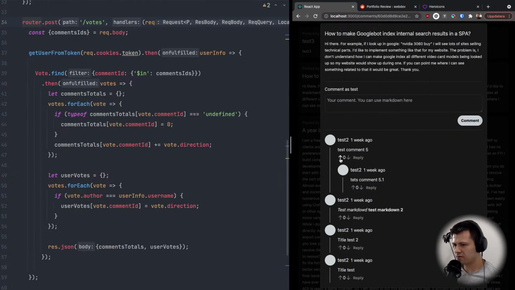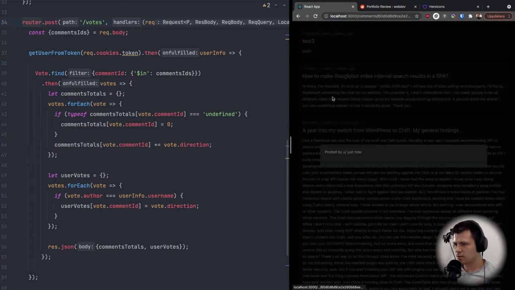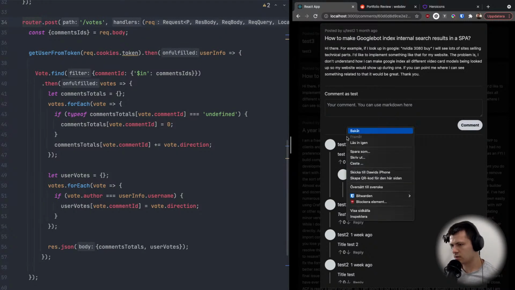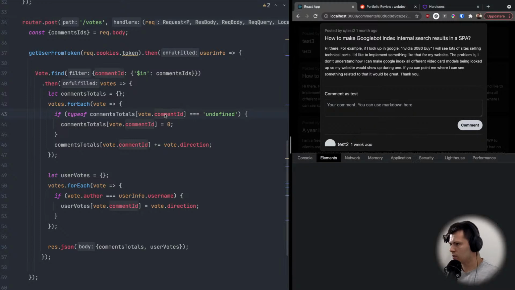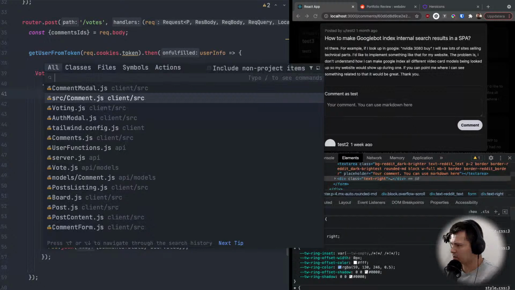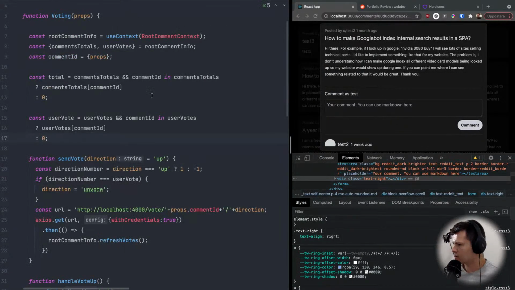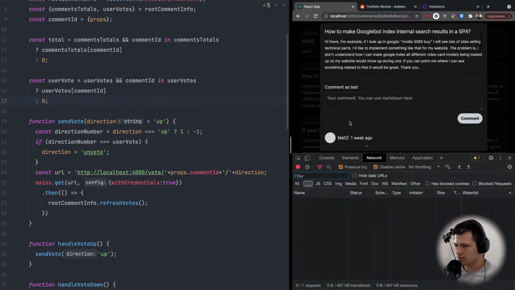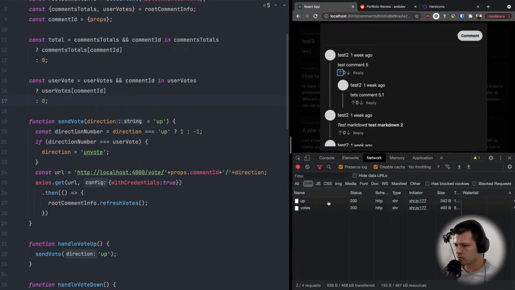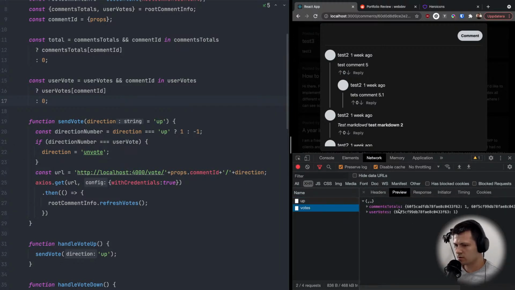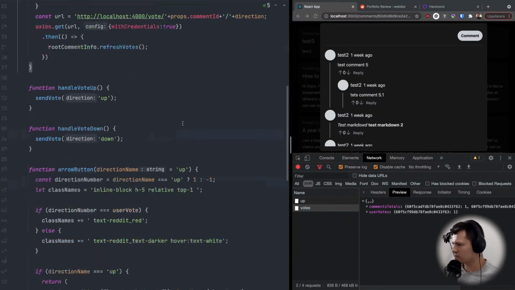I think I have voted on this one, but I will vote with this user, and it doesn't work. Is it because I have commented some functionality here in send vote? Let's see. Up. Okay, we get true. Then for the votes,